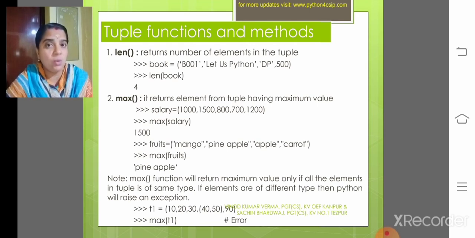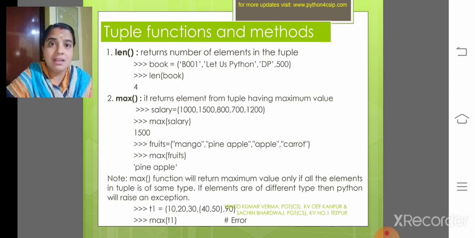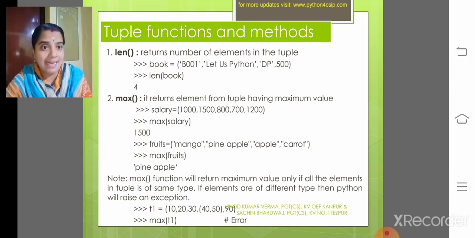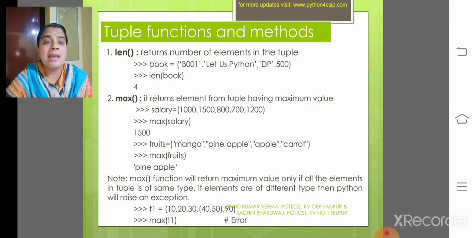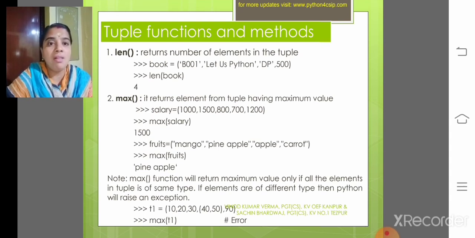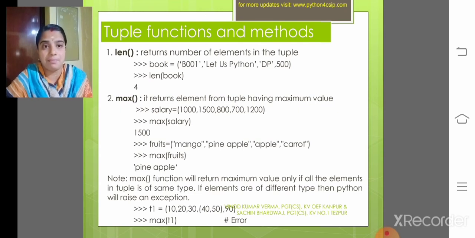M, N, O, P: P has a larger ASCII code than A, C, M. That is why it is retrieving pineapple. My dear children, the max function will return the maximum value only if all the elements in a tuple are of the same type. Otherwise, it will provide an error. Even if it has a nested tuple, the max function behaves the same.